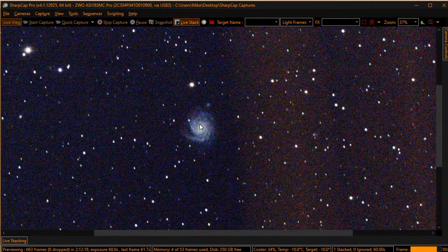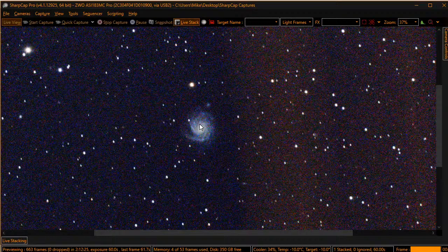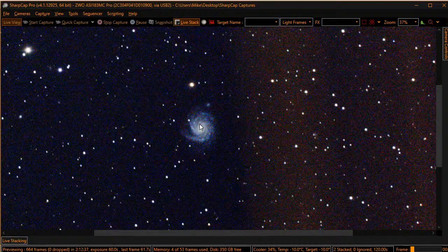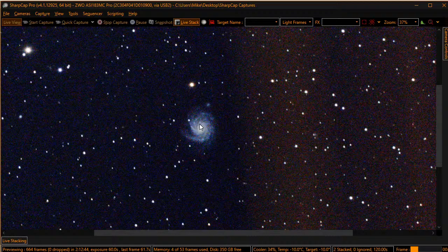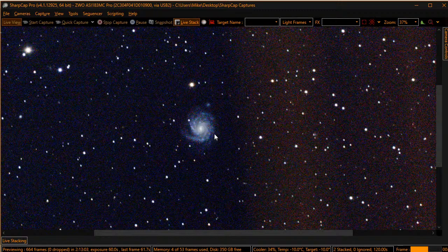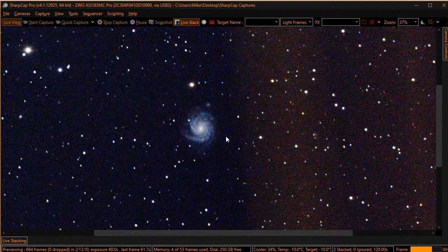Guess we'll find out. The Eye of God Galaxy. This is an intermediate spiral, 60 million light-years away. Discovered by William Herschel in 1784. It's approximately 200,000 light-years across, so about double the size of our Milky Way. The arms are not perfectly even. There's one arm that kind of sticks out more, another arm here, than the other side which doesn't, so I think there's some kind of interaction maybe with another galaxy, but